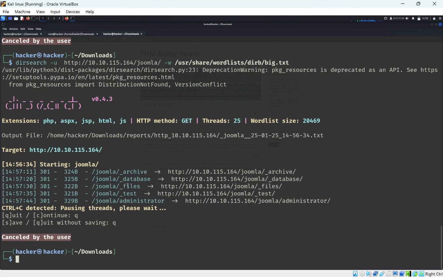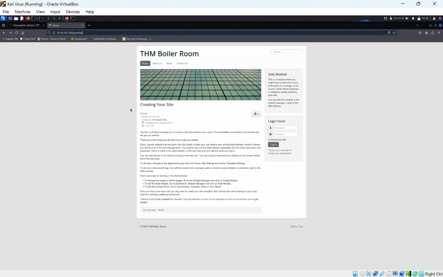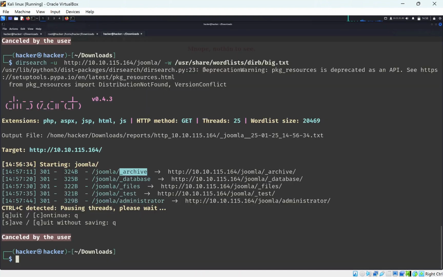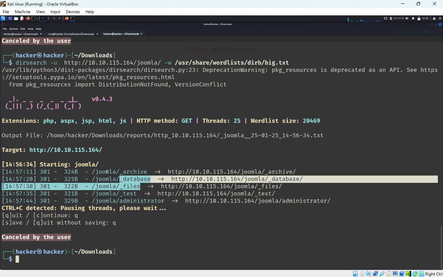So guys, we've done some scanning, and I want to point out some directories here. You can see that there's a lot of directories for this website, and I did say that there's going to be a lot of rabbit holes in this website, and I'll show you an example. Nope, nothing to see. Pretty much this is all just going to be a massive rabbit hole